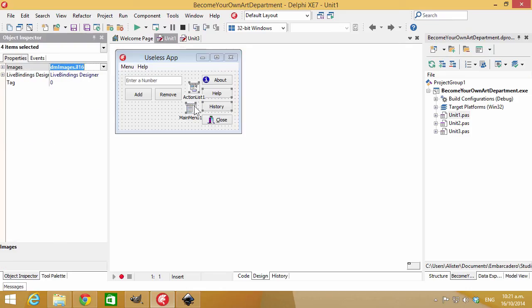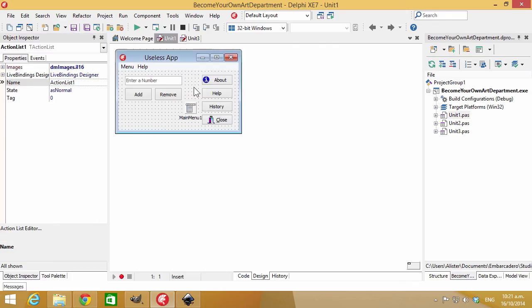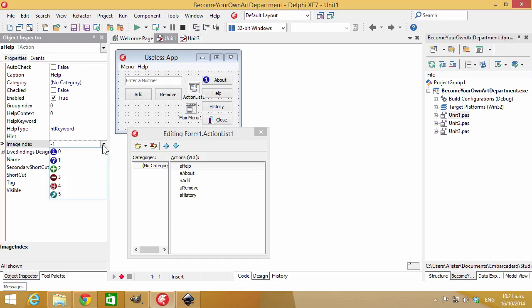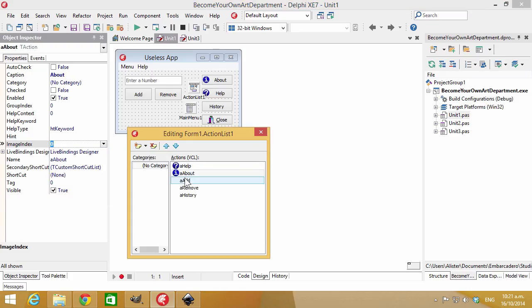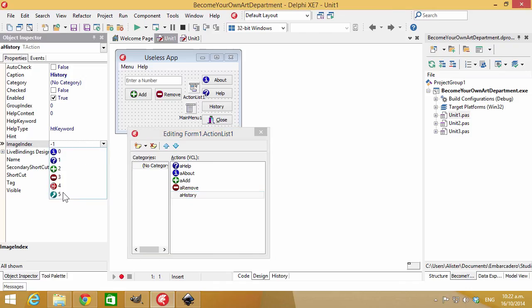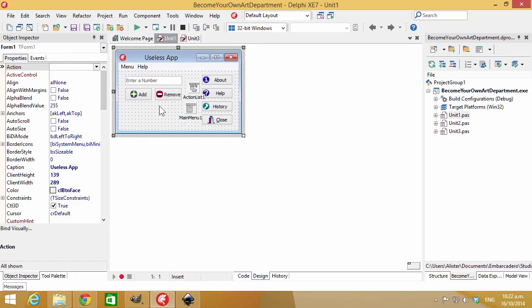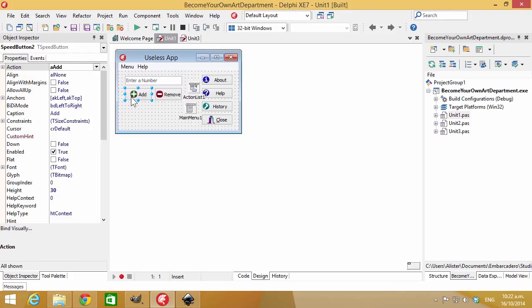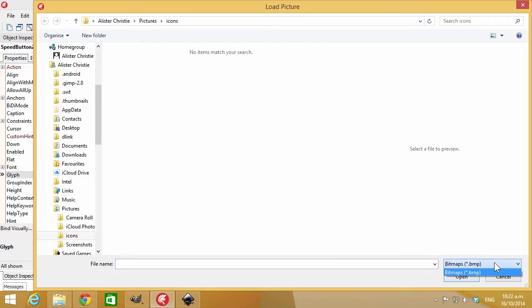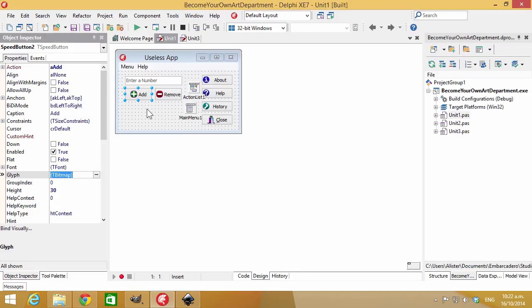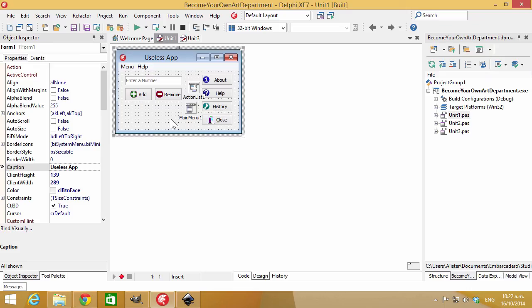I want to hook up the images for all of those, and in our action list, ideally help, about, add, move and history. And we still need to deal with the close button. But you notice these don't quite look right, and if I run it, they don't actually work at all. I'm not quite sure why that is, but we can manually load images in the glyph property, which unfortunately requires a bitmap. I think if you have a package that uses the PNG unit, it will allow you to load PNGs at design time. But anyway,